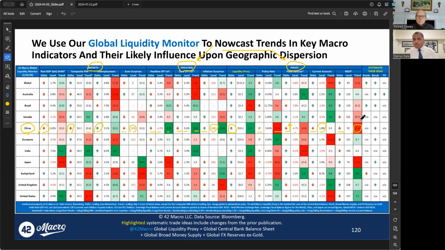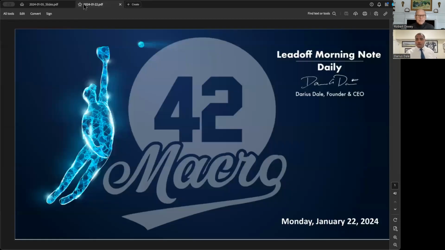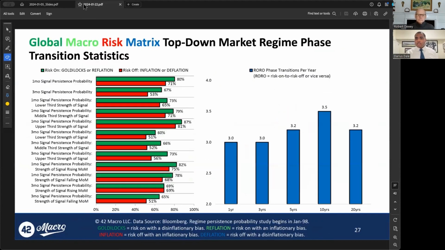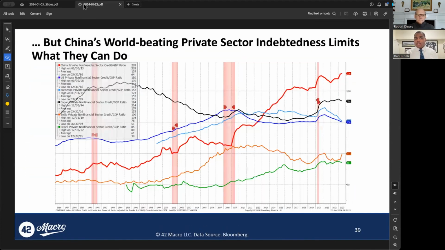Growth is trending lower, well below trend. Inflation is trending lower and effectively flirting with deflation. There is a muted policy response, but it's obviously not overwhelming and forceful enough. Part of the reason we don't think it's forceful enough is that we continue to see real headwinds in terms of the Chinese balance sheet dynamics that are preventing them from being forceful enough. This chart shows private non-financial sector credit to GDP ratios for the Chinese economy in red,